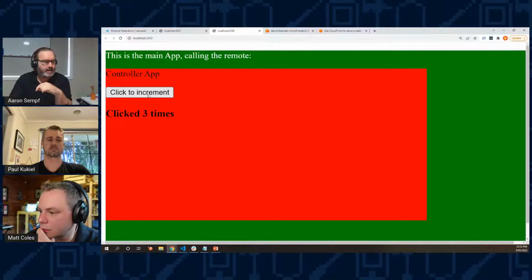And I can increment the counter. Let's make sure to do it more than 6 times. And it's still 6 times over here. So there's no shared backend. All it's doing is sharing the actual controller logic. So the actual JavaScript React component as an exposed remote component that I can then query in and render into